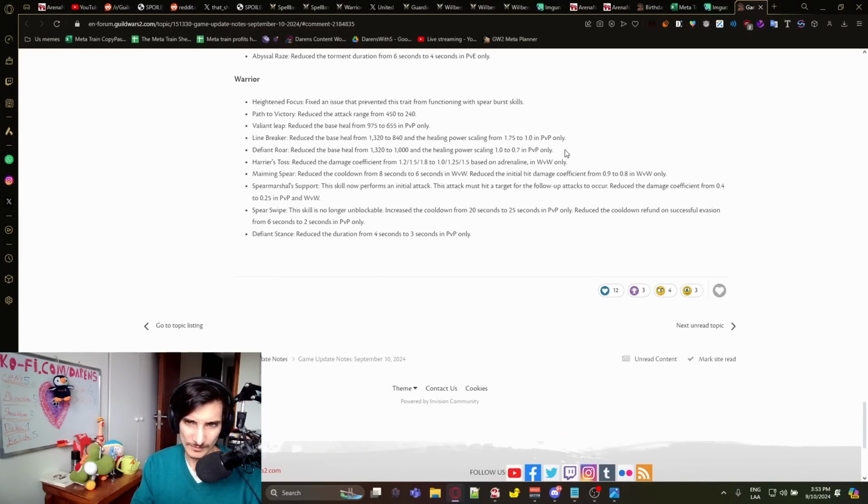And Warrior also got nerfed in PvP and WvW. Because honestly, mainly in PvP, Staff and Spear were absolutely destroying the game. It was way too good. Not only did it do an insane amount of damage, but also Staff healed you a lot, so you would never die and do an insane amount of damage. And also, Spear Martial Support was insanely hard to...